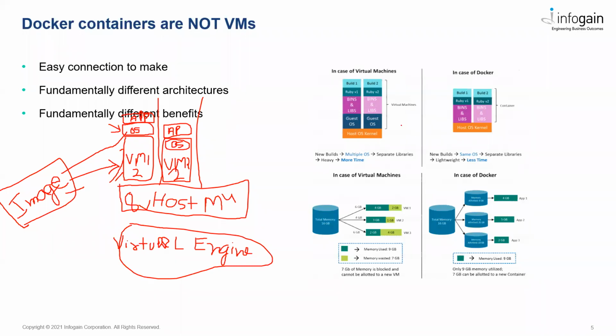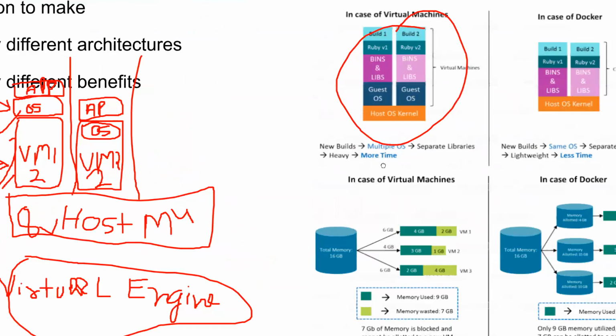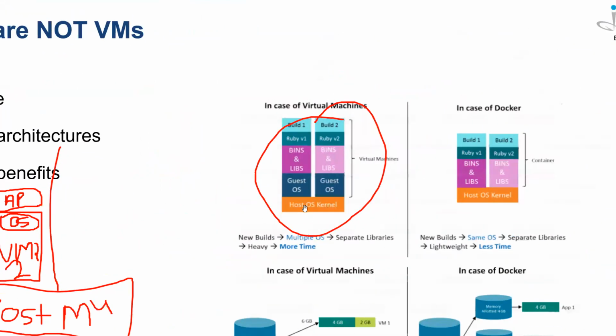Guys, just refer to this image. Here it is a VM. Just see, there is a host machine on the top. Can you zoom it out? Yeah, why not? Yeah, it's good now. Now you can check it's a host operating system. On top of it, you are running 2 VMs, and each VM has its own guest operating system, right? On top of you having a